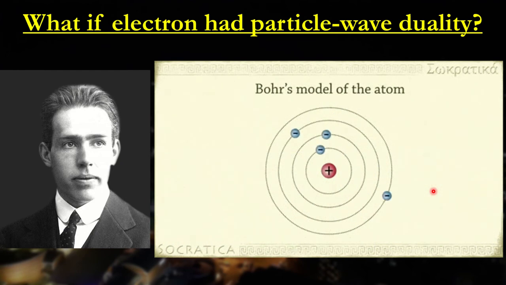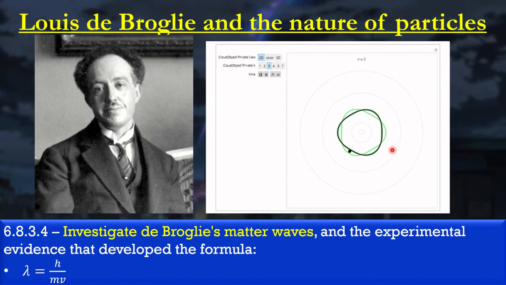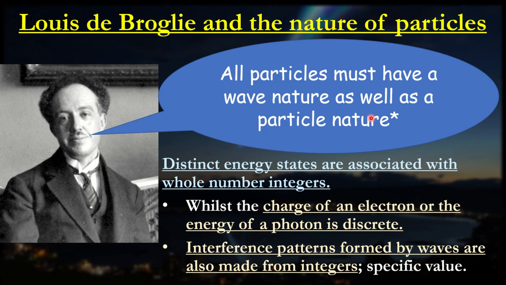Okay, and this is where we apply this concept to the Niels Bohr's model of the atom. So if the electron did have particle-wave duality, what are the implications to the Bohr's model of the atom? And that's where we talk about a guy called Louis de Broglie and his concept of matter waves. Okay, so you can actually see this here already. You can sort of see this standing wave forming as this electron is orbiting. That's what we're going to be talking about.